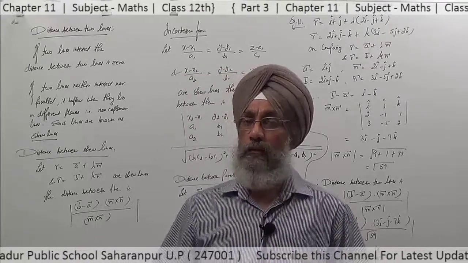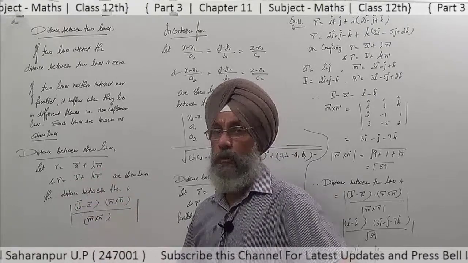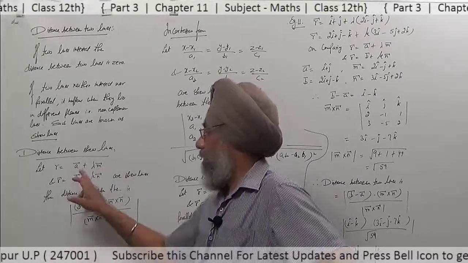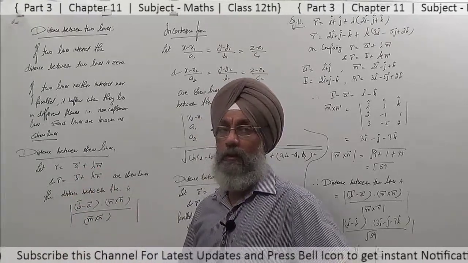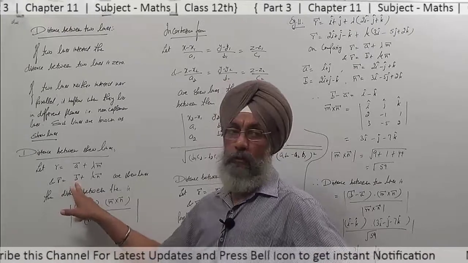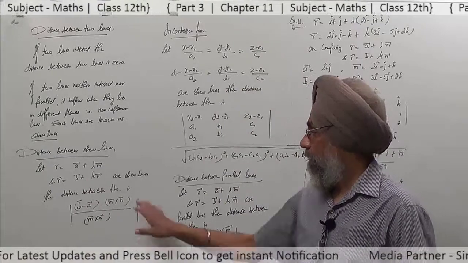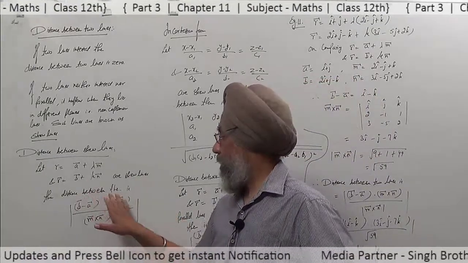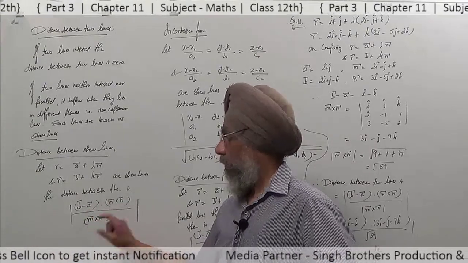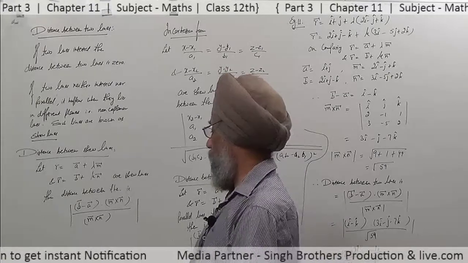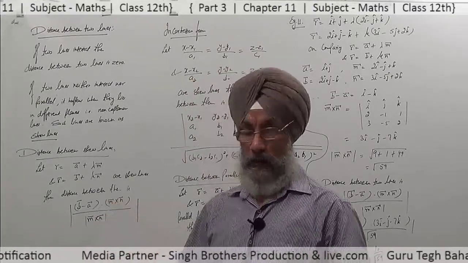Let us take the two lines r is equal to a plus lambda m and r is equal to b plus mu n. We discussed yesterday the equation of a line passing through point A and parallel to the vector m, and passing through the point with position vector b and parallel to the vector n. If they are skew lines, then the distance between them is (b minus a) dot (m cross n) upon magnitude of m cross n, and its whole magnitude, because distance can't be negative.